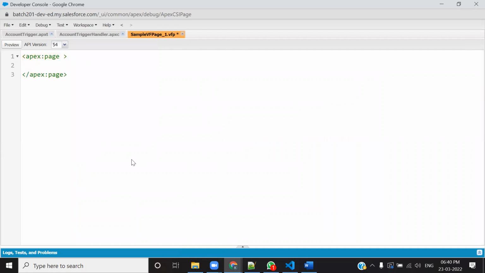Apex page, Apex closing page. Here you could develop a page. This is also one of the techniques to develop the Visual Force page. And if you even create a page, for example, hi, example